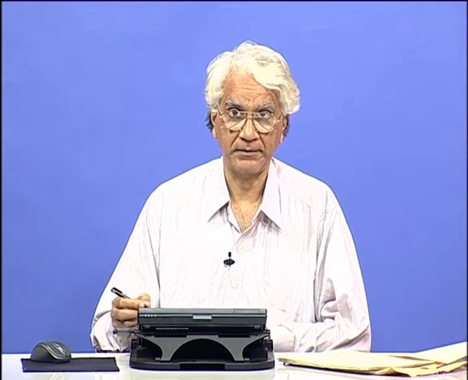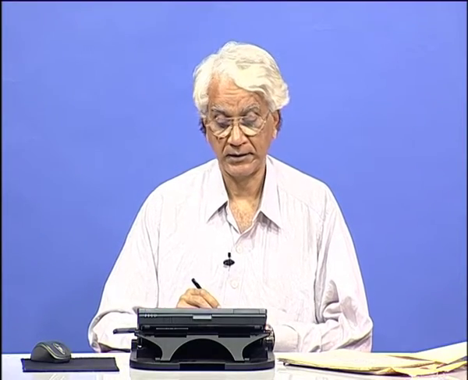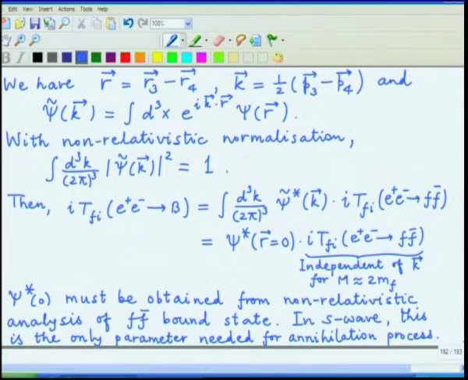Annihilation means the particle and antiparticles have to come on top of each other. That can happen only in S wave, the other waves have no amplitude at the origin, and so the amplitude at the origin psi star 0 actually dictates the probability of F and F bar coming together on top of each other, and L equal to 0 dynamics of the process